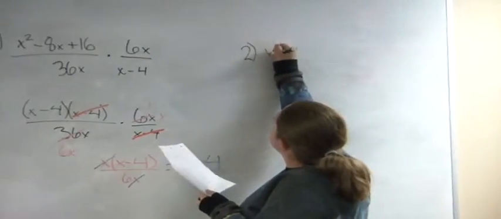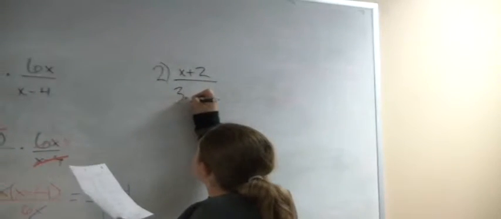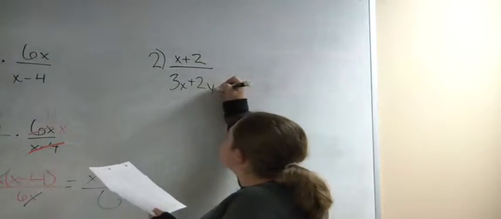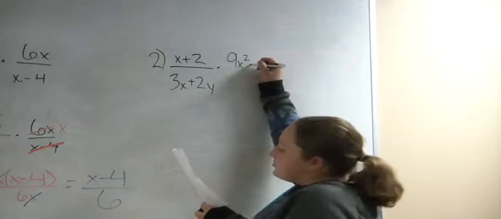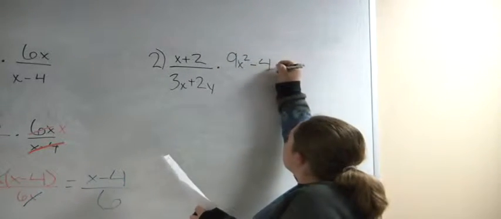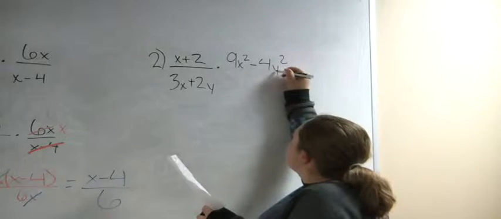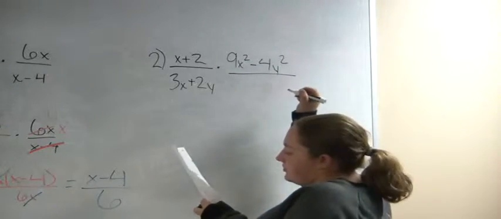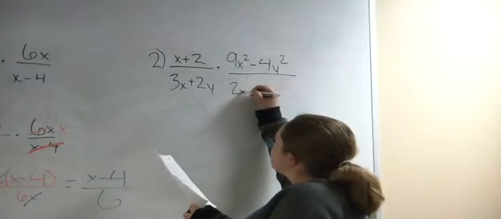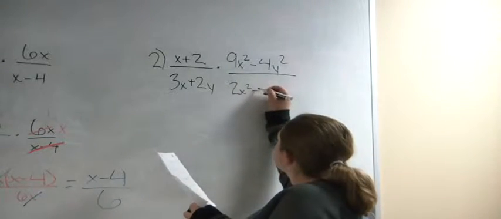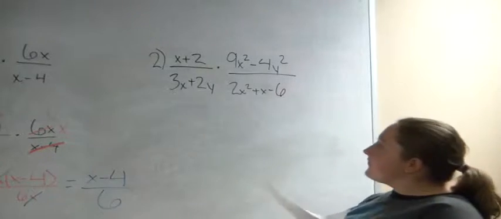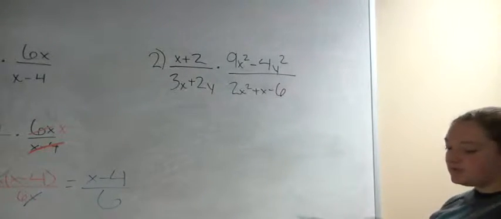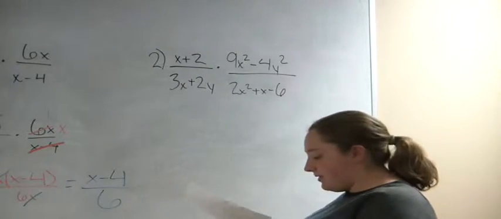is x plus 2 over 3x plus 2y times 9x squared minus 4y squared over 2x squared plus x minus 6. Now, since we have both x's and y's in this equation, it's a little bit more complicated, but we can